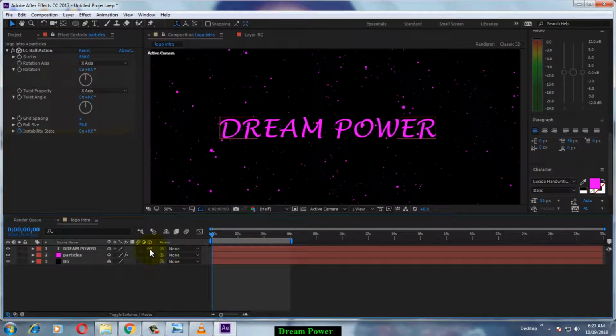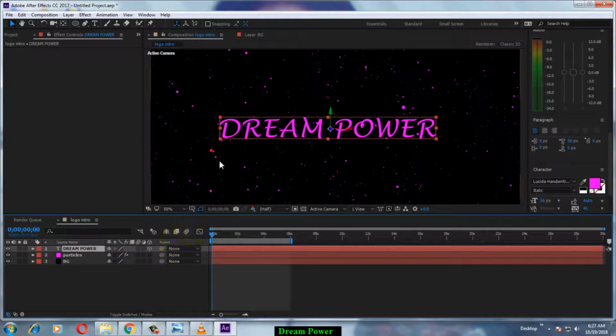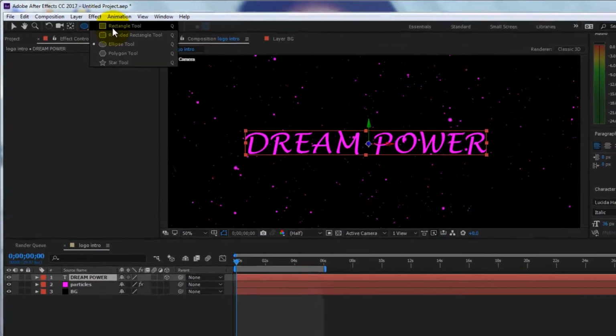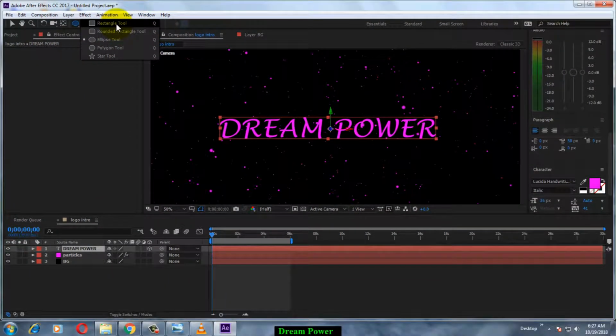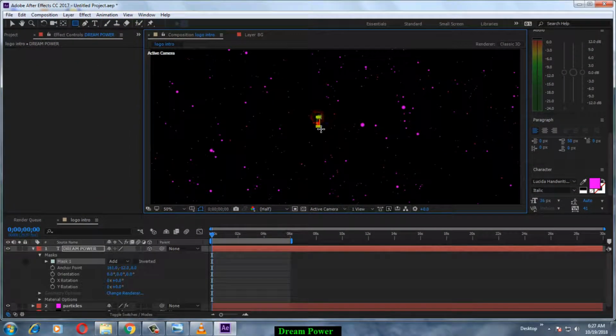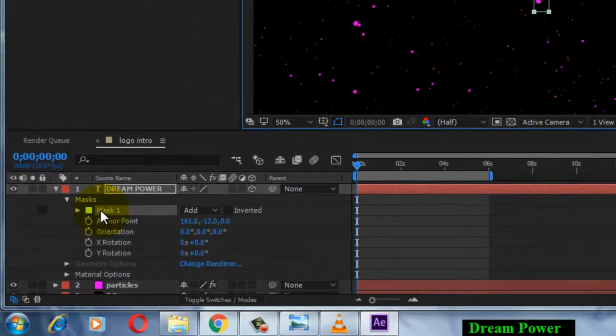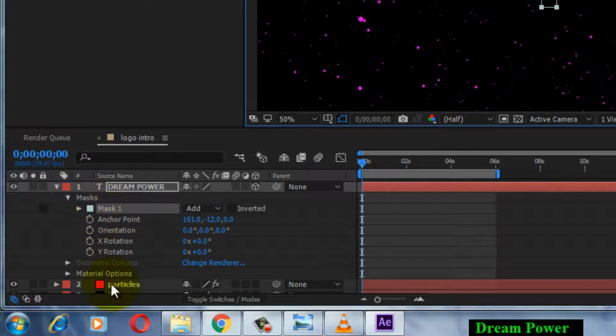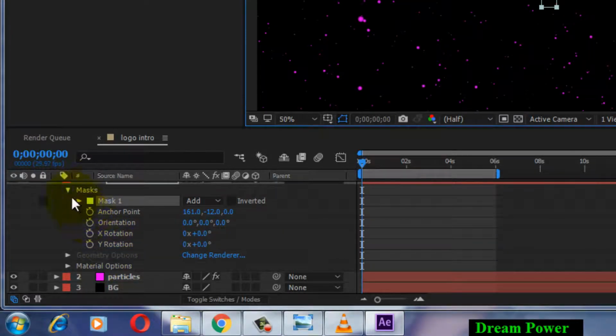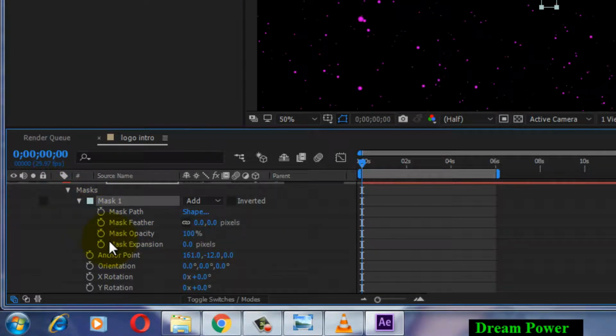Okay, then make the text layer a 3D layer, then go to the rectangular tool, take the rectangular tool from here, then draw a little square over your text. Now you can see that the text is not showing here, only some space is showing. Now after drawing it, go to your mask panel, then go to mask and mask